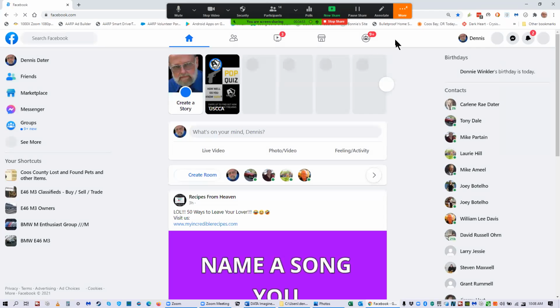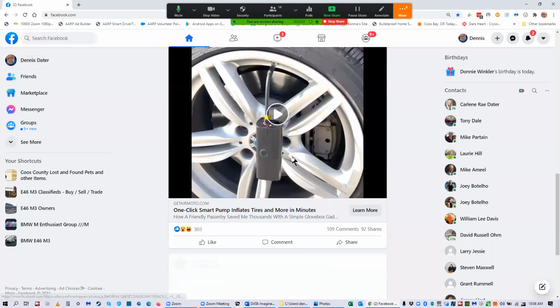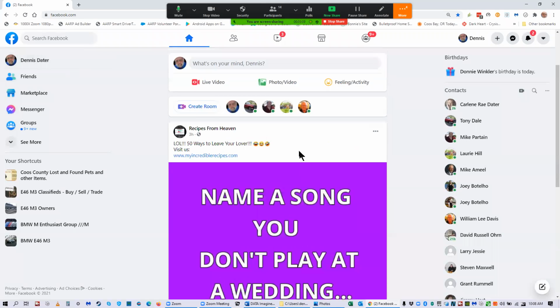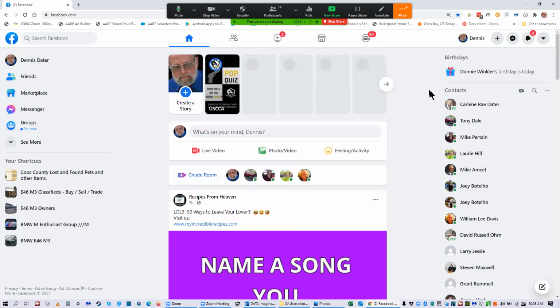Okay. Now, this is the basic page you come to when you open up Facebook. And this is usually called a news feed. It's a news feed because down here are all of the pictures and images of different things. It's loading a little slow because I'm running